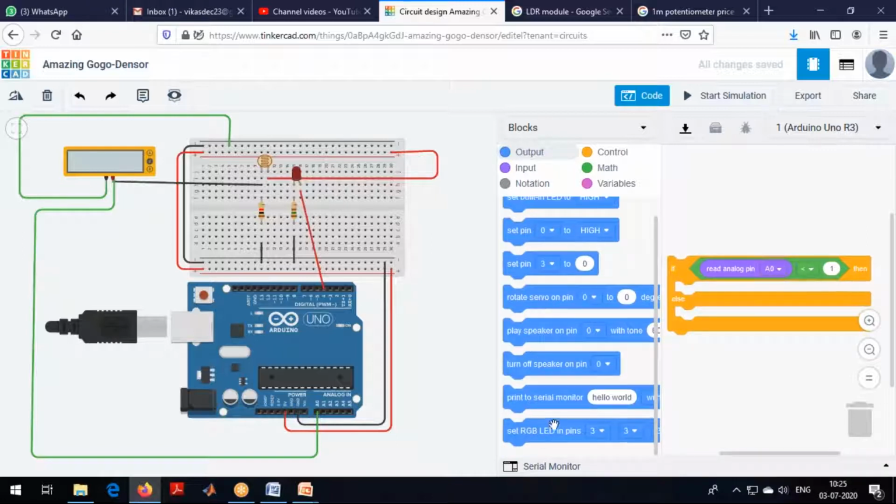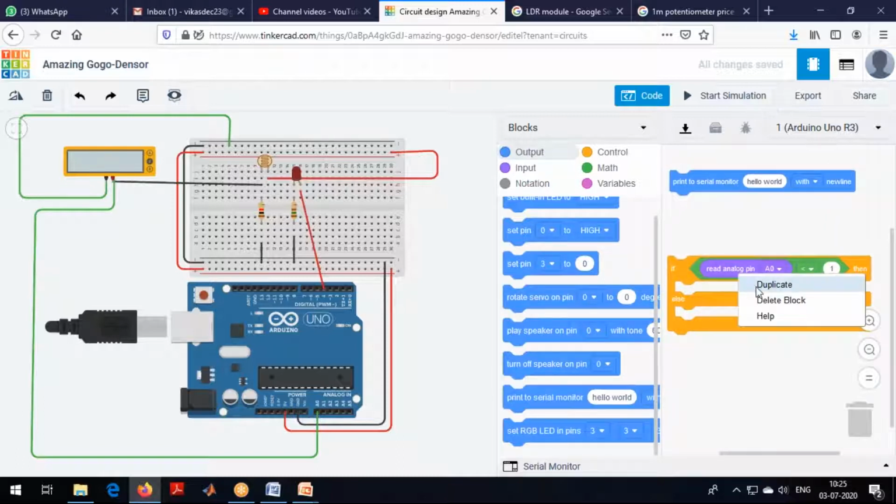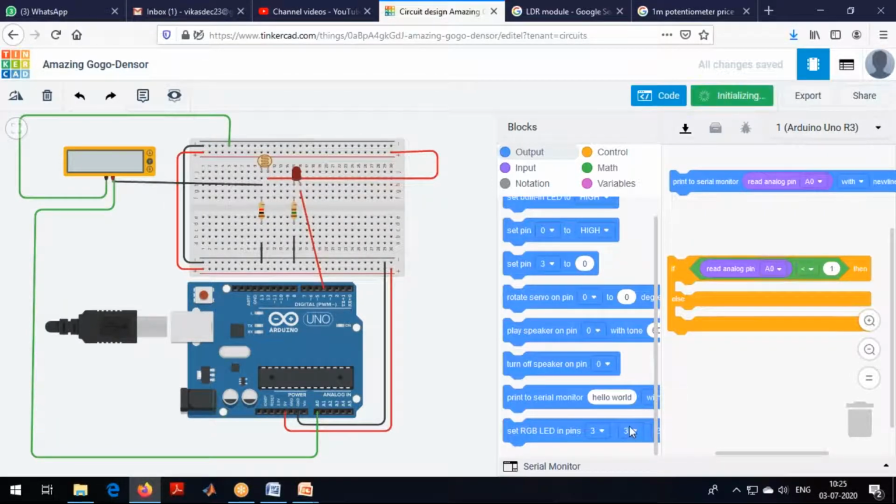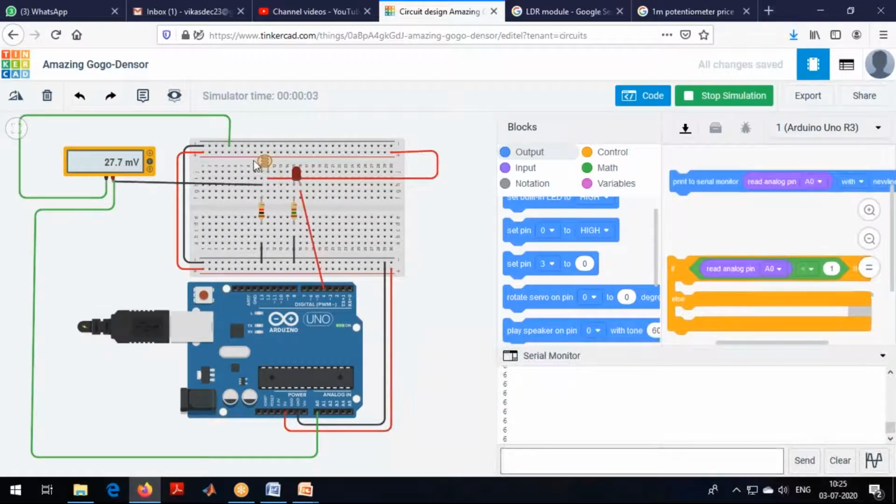So first I'll go to serial print. I can duplicate this. First, let us consider what values we are getting as output of this LDR. Then we'll write the condition. I'll just simulate. I'm clicking serial monitor.